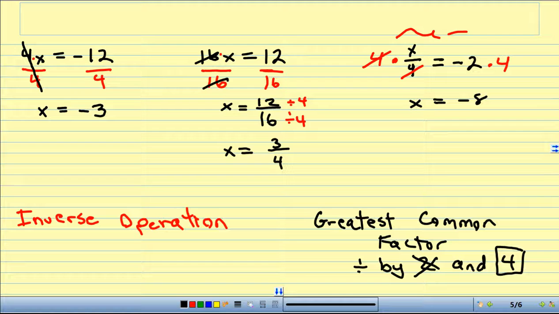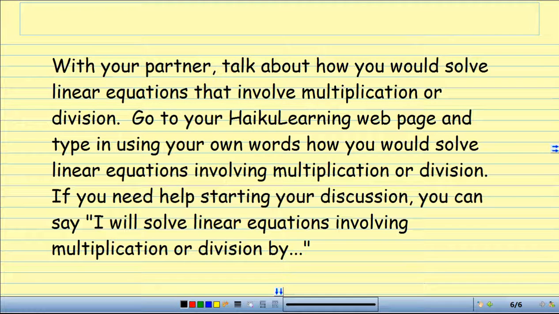And there you go. So again, with your partner, you're going to talk about how you solve linear equations that involve multiplication or division. And you're going to go to your Haiku Learning webpage and type it in using your own words on how you would solve linear equations involving multiplication or division. And if you need help starting, you can use my sentence frame, and it is, I will solve linear equations involving multiplication or division by